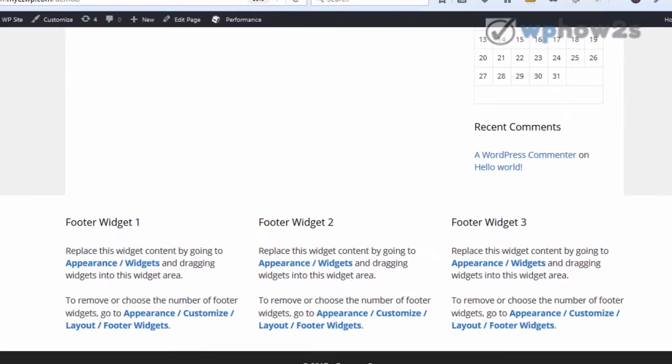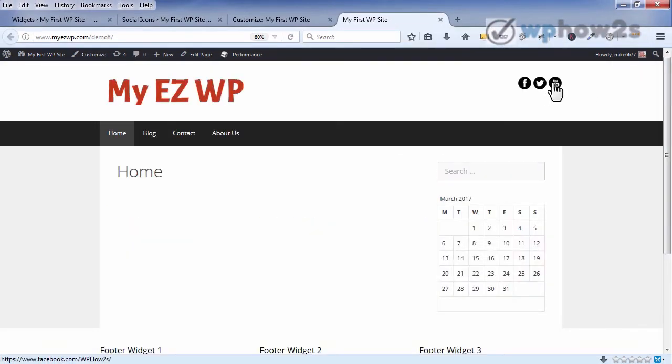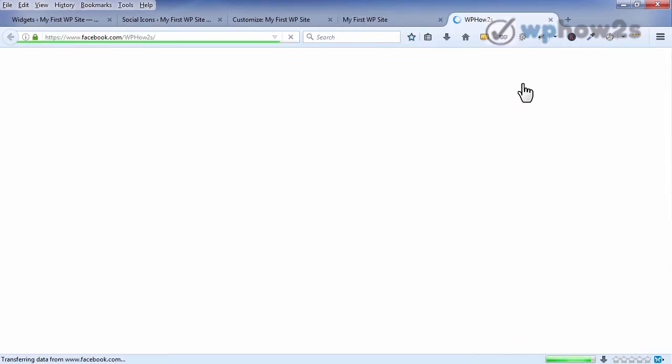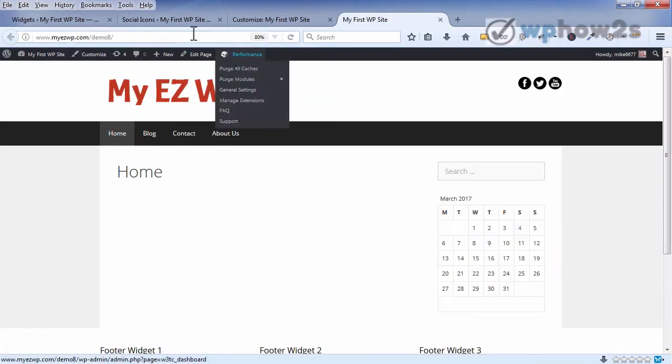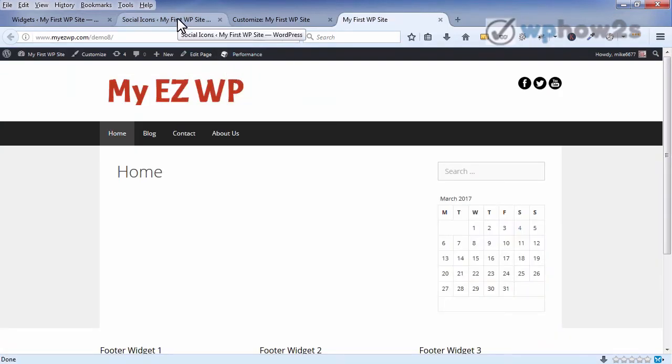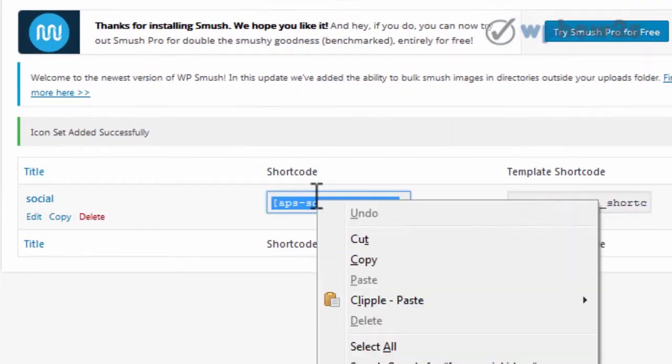Go back to our site and refresh the tab. And there are social icons showing up right here. Now if I click on one of them, say the Facebook one, it opens up my WP How-Tos Facebook page in a new tab. You can also display your social icons using a shortcode. If we go back to our AccessPress Social Icons area, here's the shortcode. Just click inside it once,